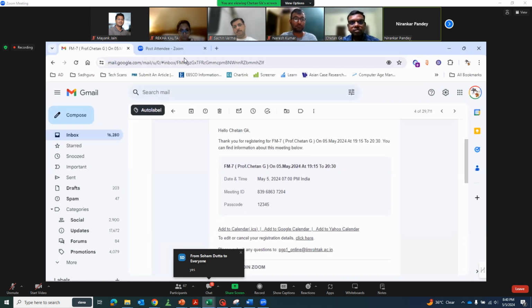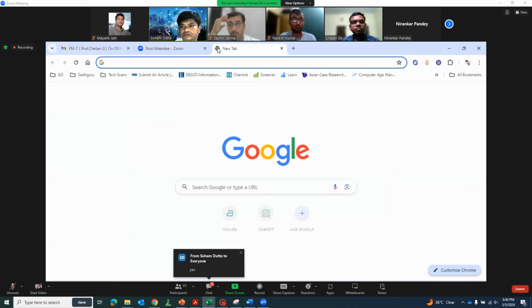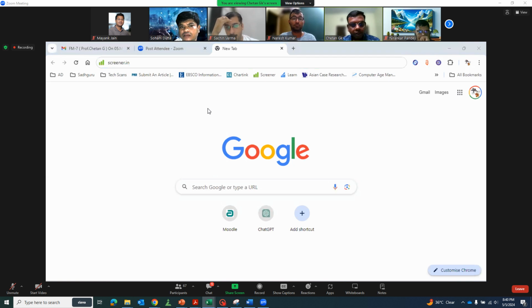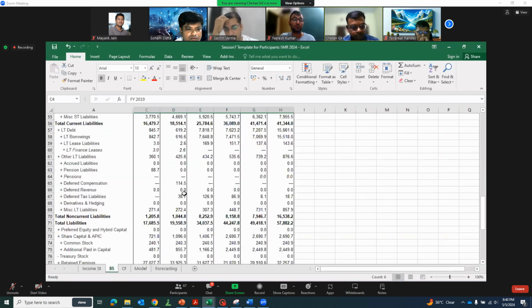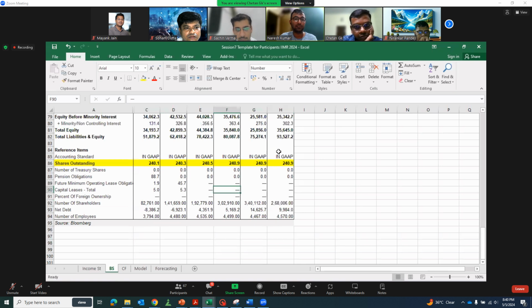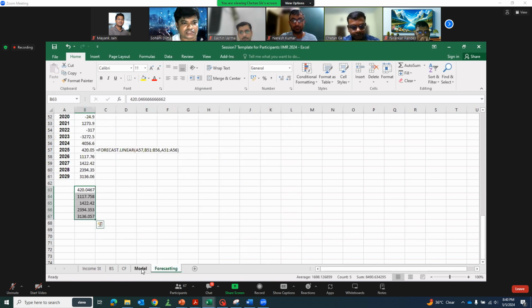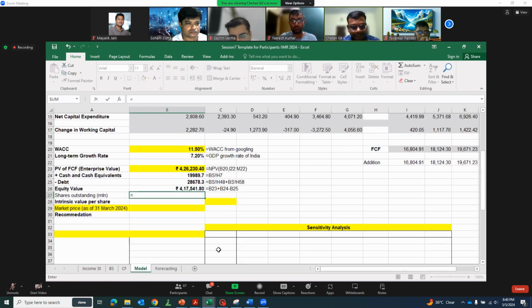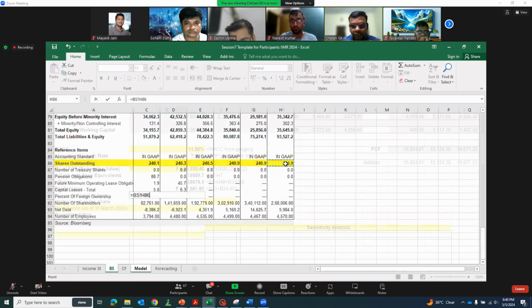It is in the balance sheet, at the end, marked in yellow, in million. 240.9, H86, right? We should take the recent one.